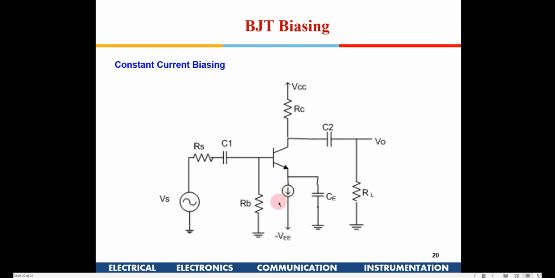In those cases we generate current sources here. This is known as constant current biasing. This current source will be independent of temperature variations and power supply variations. So we use this kind of biasing in VLSI. This is just for academic interest; you don't have to remember this particular circuit for this course. In VLSI circuits, this current is generated through band gap circuits, so these currents will be independent of temperature variations as well as power supply variations. These kinds of biasing are also done in BJT.